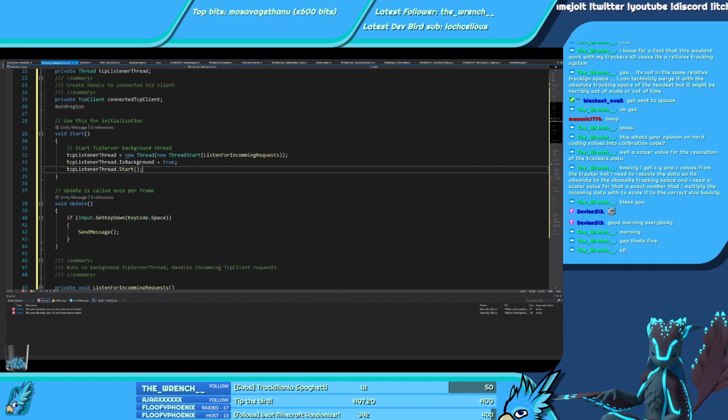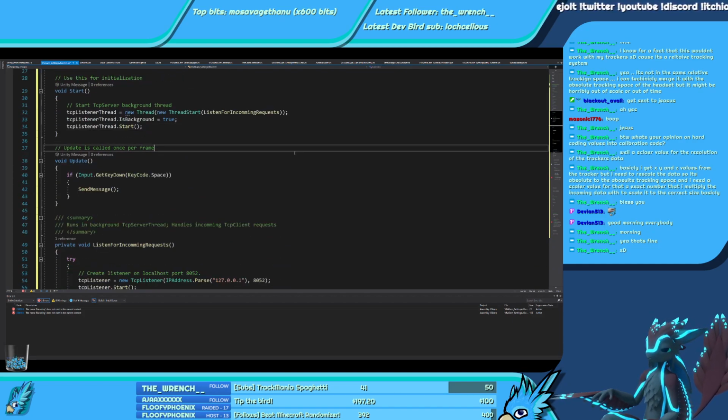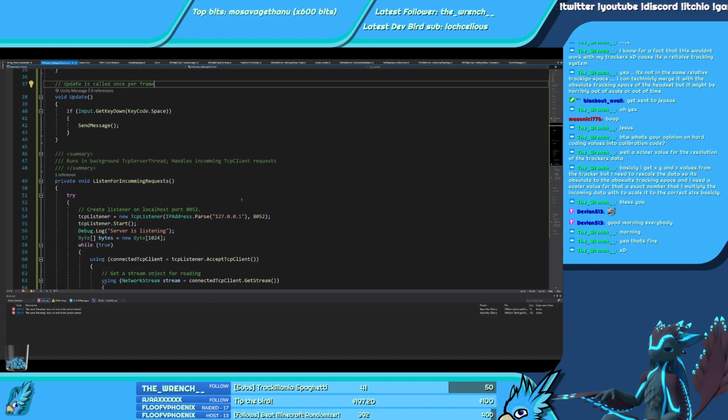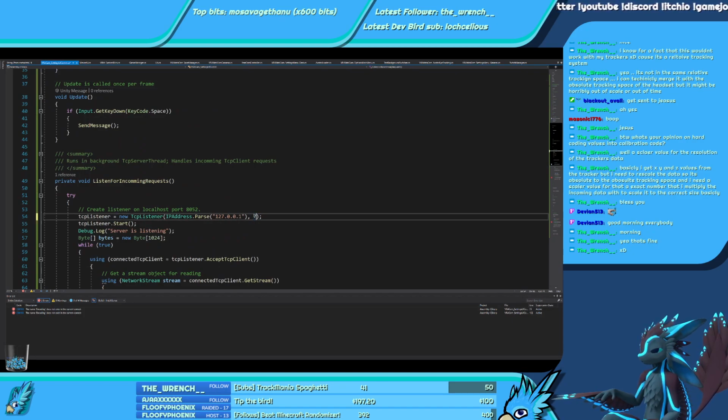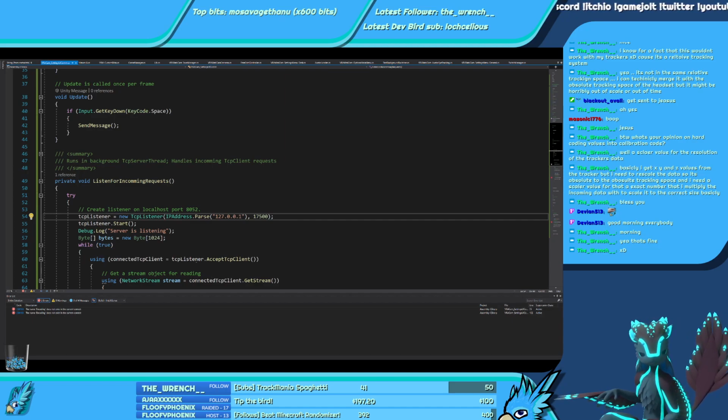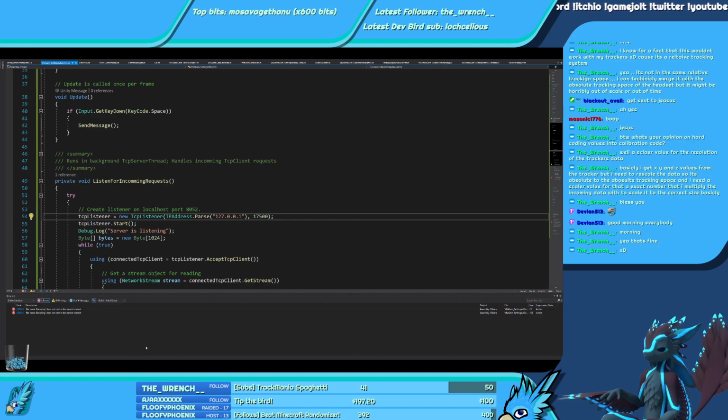So let's see what's happening here. So let's say I connect to port like 17500. Localhost. There you go.